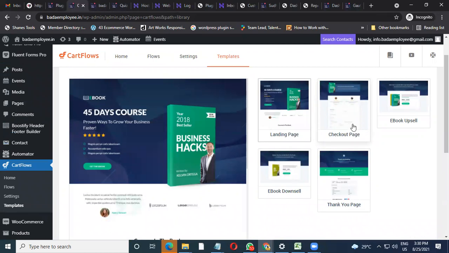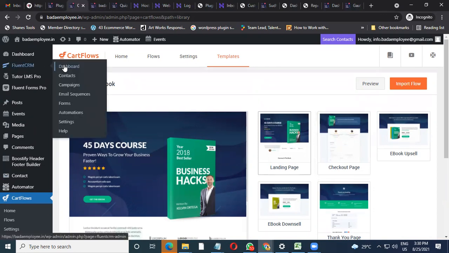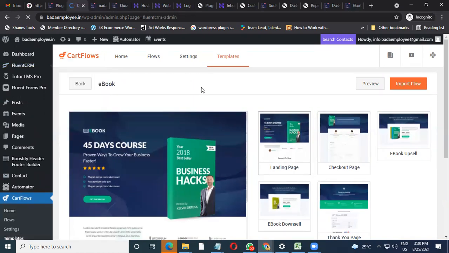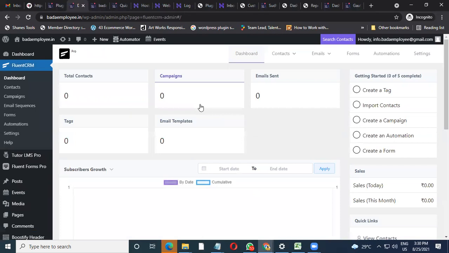Once they buy this product, we want automation to be done. As soon as they buy this product from the landing page, we have CRM automation, which is integrated in your system itself. What you need to do in CRM is, again, as I told you, the foundation is very important. If you are selling an ebook, you need to create a product as an ebook. You need to create a list as ebook. You need to create a tag as ebook, and then you will be able to create an automation for that particular ebook.